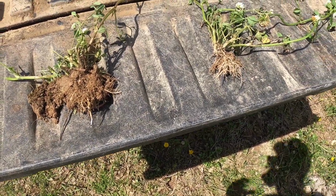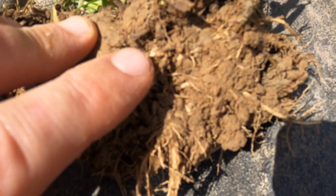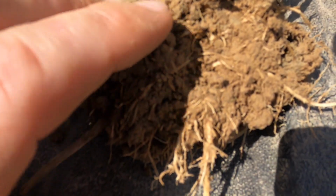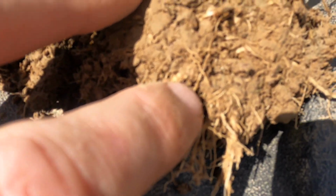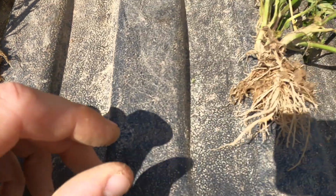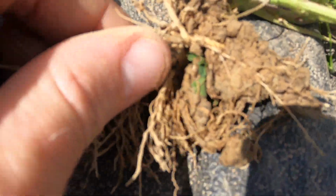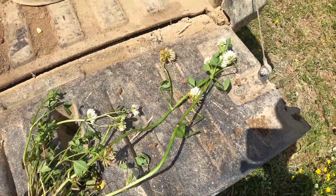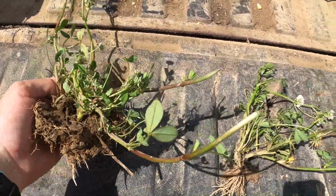All right, so I pulled up a couple to put here on the tailgate. And I don't know how well you can totally appreciate it. The ground's a little sticky right now, but you can see these little nodules right there at the tip of my finger on the roots. Yeah, there's some nice ones there, if you can really tell. This ground's sticky like it is, it's hard to get the mud off of there. Yeah, you can really see some in there. But it's got a little vinier plant as you look than some of your other clovers. But one of the advantages,